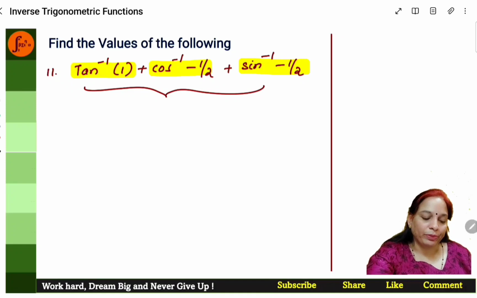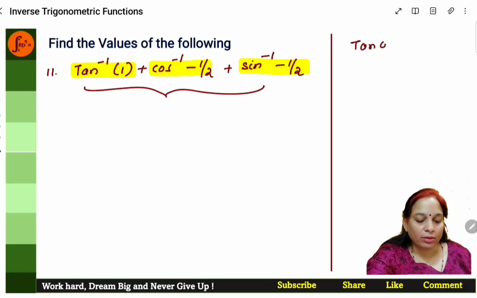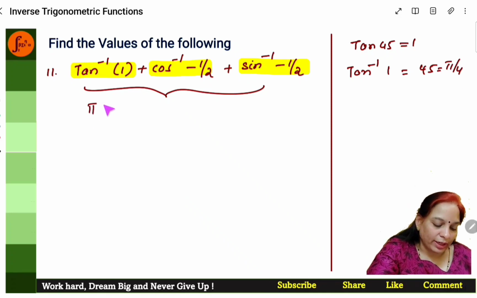Tan inverse of 1. So tan 45 is 1. Therefore tan inverse of 1 is going to be 45 degrees or pi by 4. So we can directly write pi by 4. Now